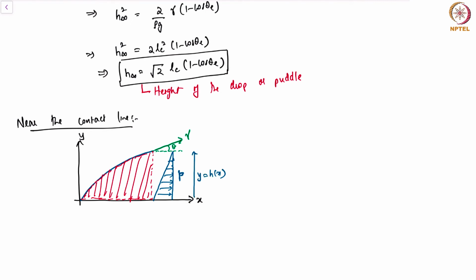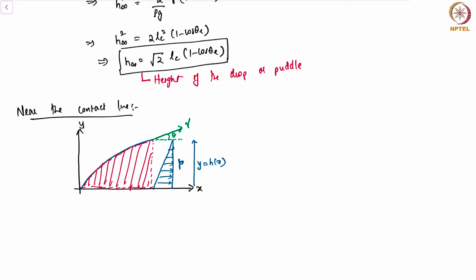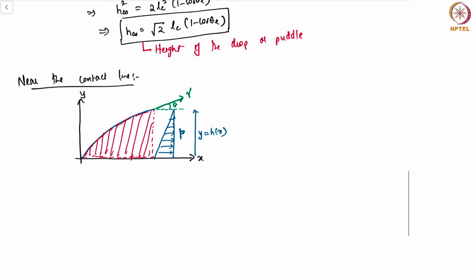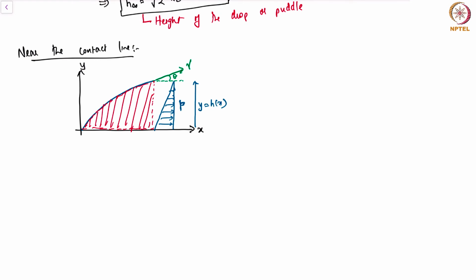It is varying as a function of x, and therefore if I were to do a horizontal force balance on such a puddle, on such a droplet, then we have gamma cos theta plus gamma solid liquid minus gamma solid, and then